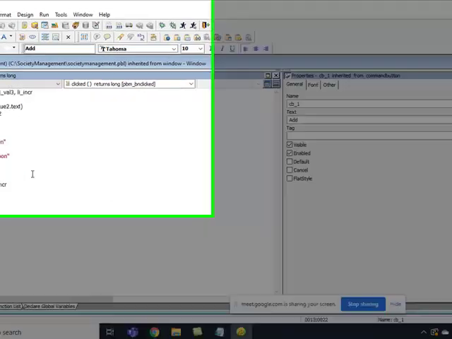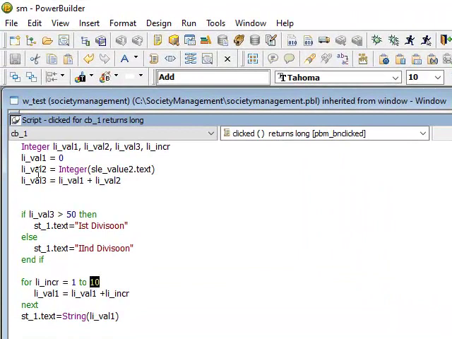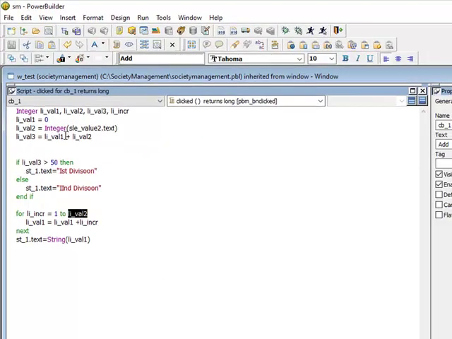Twist in the sense, this value 2, let's give this also a variable.